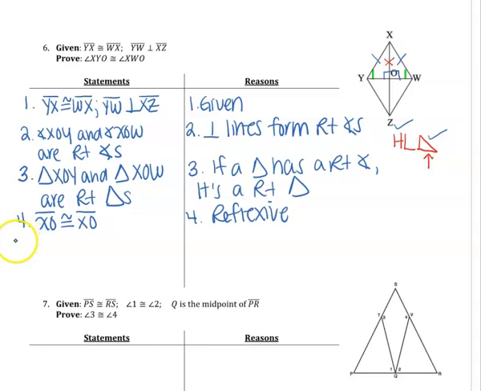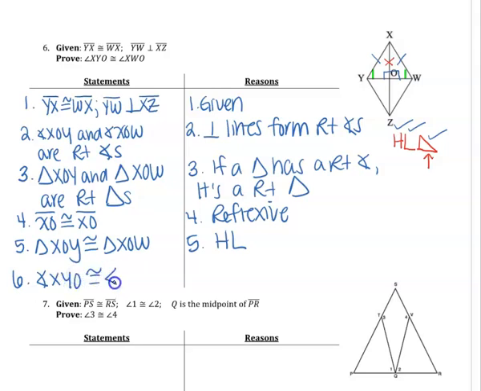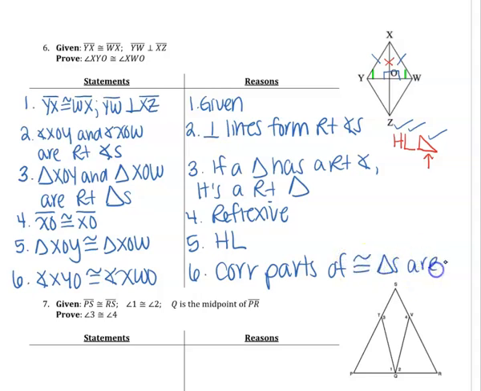All right, so now that I have the hypotenuse, the leg, and the right triangle in my proof, I can say my triangles are congruent. And that's by HL. Okay, now at step 6, I can say my angles are congruent, because corresponding parts of congruent triangles are congruent. Okay, great. So again, I kind of took you guys on this longer journey in order to get